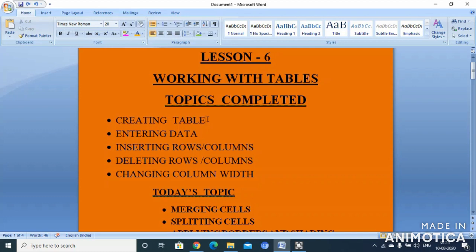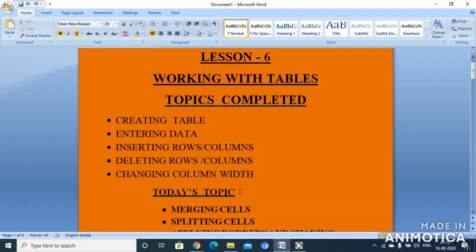We studied creating a table, entering the data into the table, inserting rows and columns into the table, deleting the rows and columns from the table, and lastly changing the column width, how to change the size of the column width. This much we had studied in the previous class.